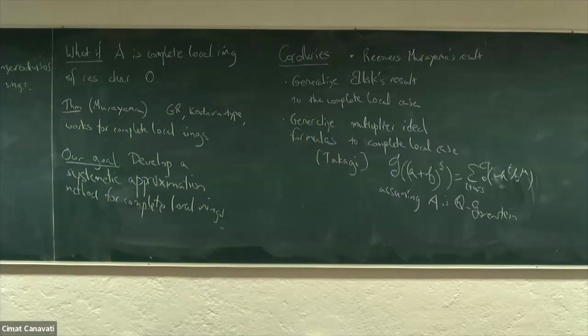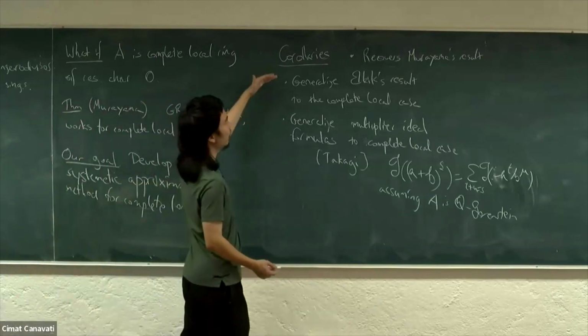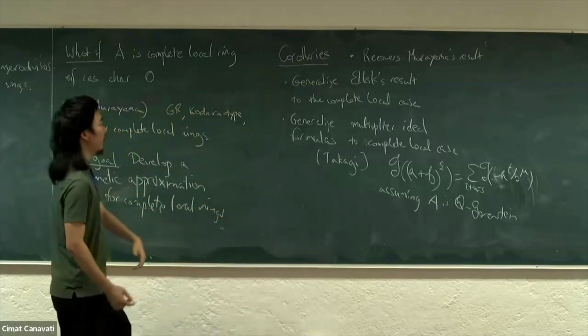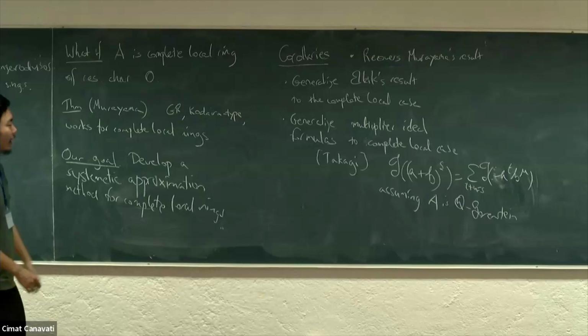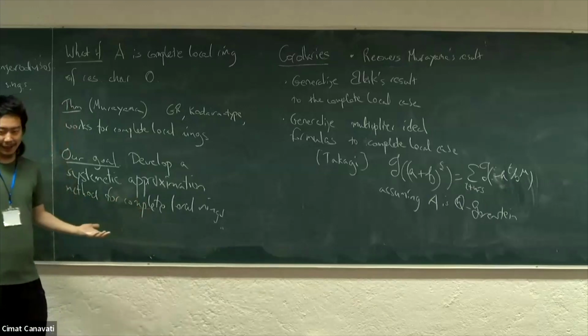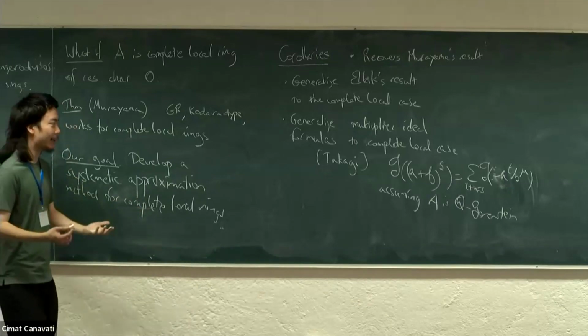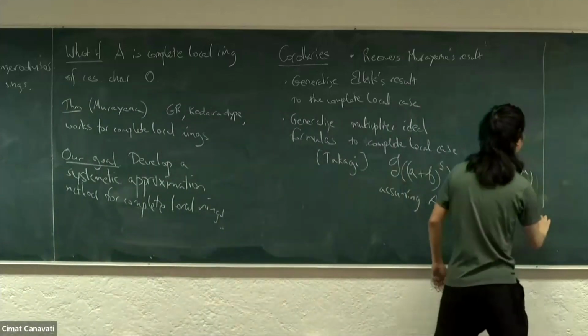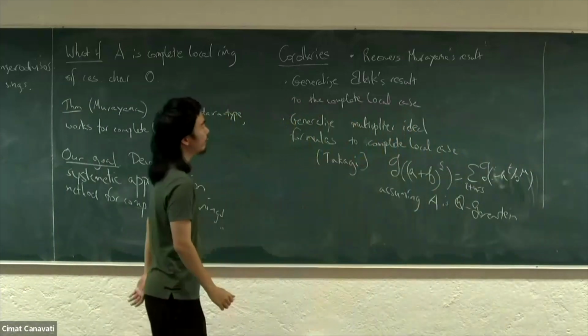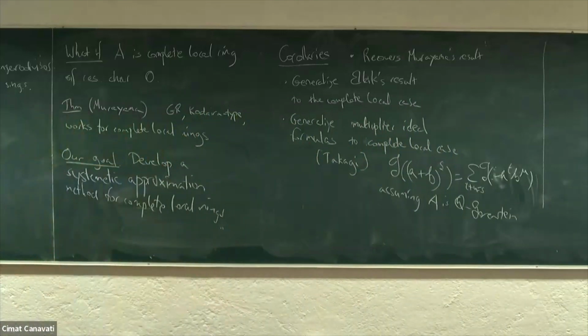Now, I have told you what the approximation argument can do. It can recover, or generalize, the results known for algebraic varieties to complete local rings, and also, by extension, to all quasi-excellent local rings or quasi-excellent schemes by taking the completion. So now let me tell you what the approximation argument itself is. Before I do that, any questions regarding that so far?